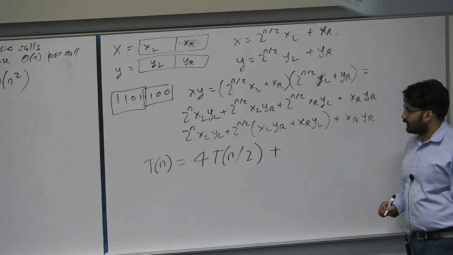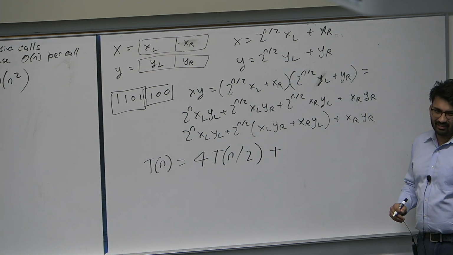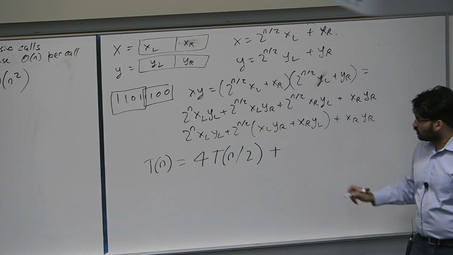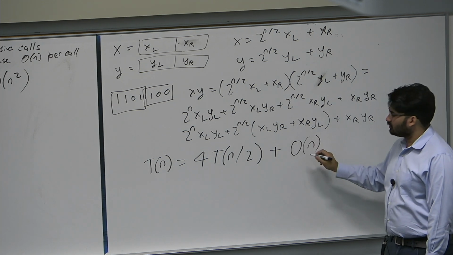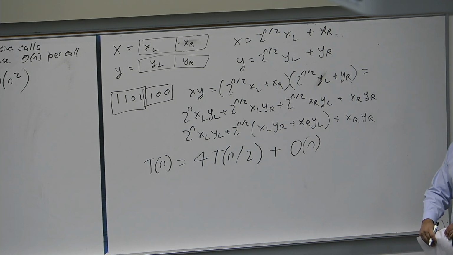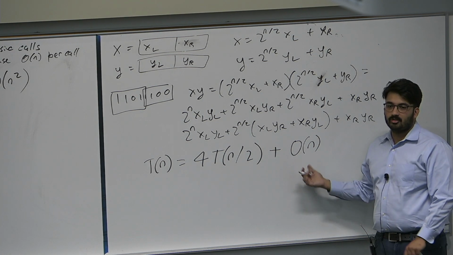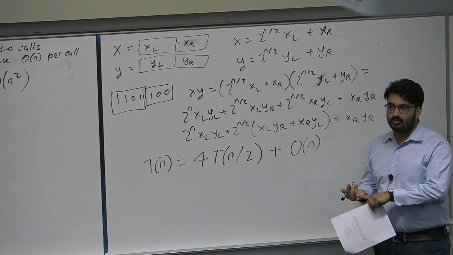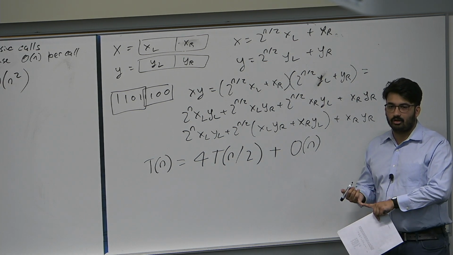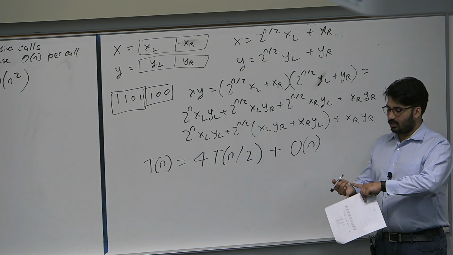And what is the amount of work done? Yeah, it's O of n, but why? It's a little open-ended, debatable, but it is O of n, but why? Well, we already have the 4 multiplications covered. Recall this step is supposed to be all the other stuff. It's supposed to account for everything that's not the recursion, including the division, including the